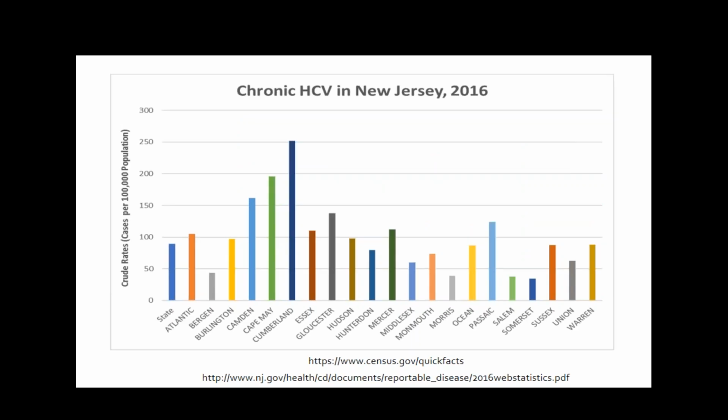In contrast, on this slide, we see the data for the same year for chronic cases, indicating that Cumberland, Cape May, and Camden had the highest rate of reported cases. Again, we hope to hone in on the underlying reason for this trend. Data from one study in the south of New Jersey suggested that the relatively huge population of baby boomers and those who are likely to get tested could be a major factor driving these numbers.